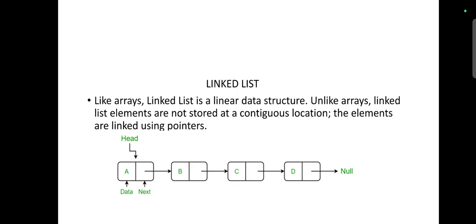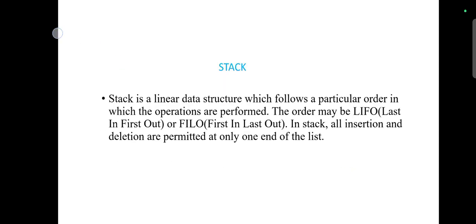Linked list. What do you mean by linked list? Linked list is a linear data structure. The elements are linked using pointers. In linked list, we use pointers. Next, we are seeing about stack. Stack is a linear data structure which follows a particular order in which the operations are